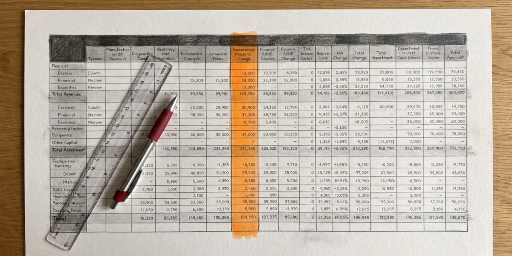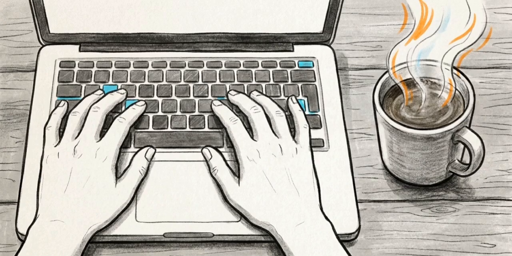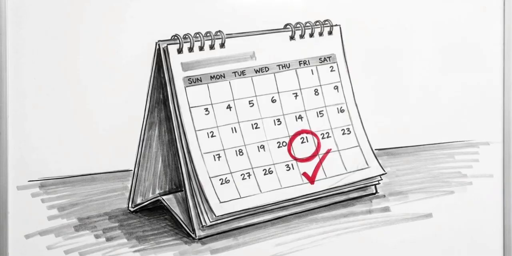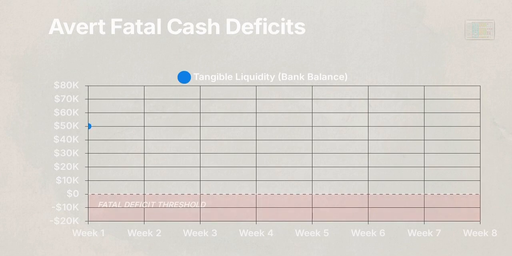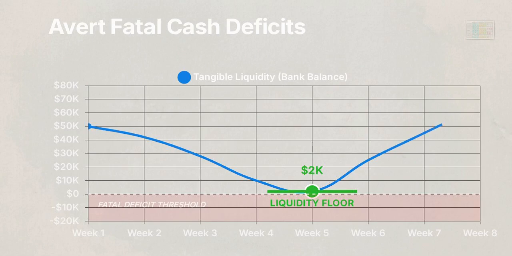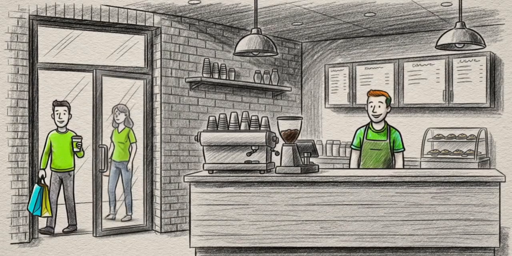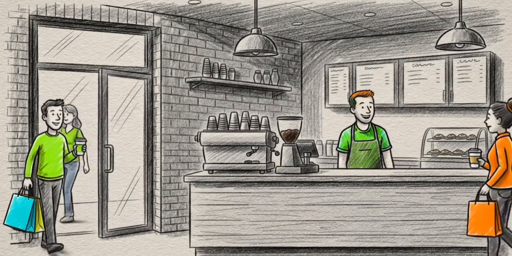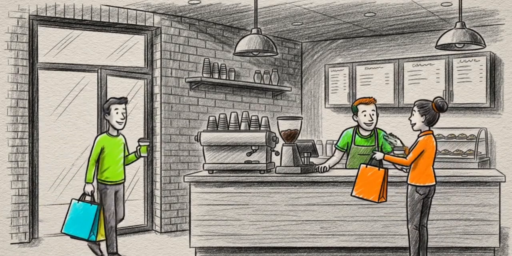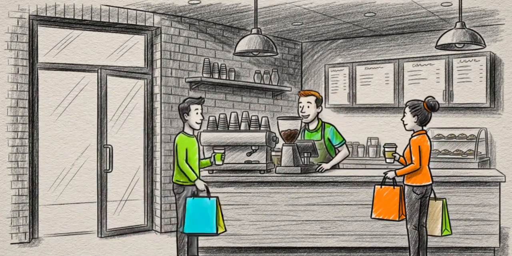To keep this system intact, establish a strict maintenance protocol. Open your cash flow tab and update your numbers every Friday afternoon. Executing this weekly habit is the only reliable way to ensure your bank balance row never unexpectedly drops into a fatal deficit. By permanently securing verified demand and mapping your future liquidity, you have systematically insulated your company against the core